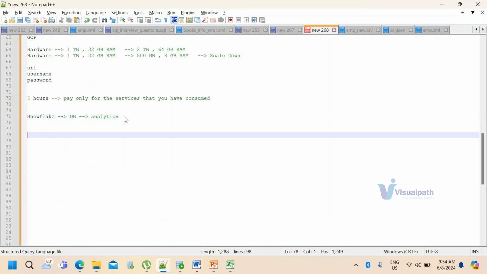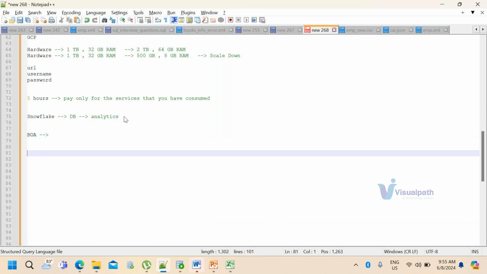Let's take this example. Let's say you have a bank called Bank of America. It has been there for a long time, around 50 years, let's assume. They'll have millions of customers. Generally, people maintain 5 years of data in one database.